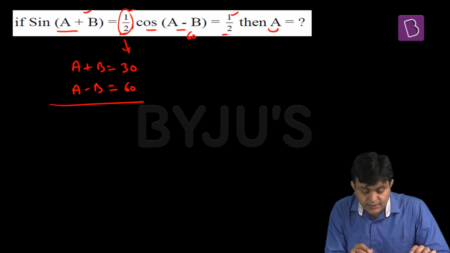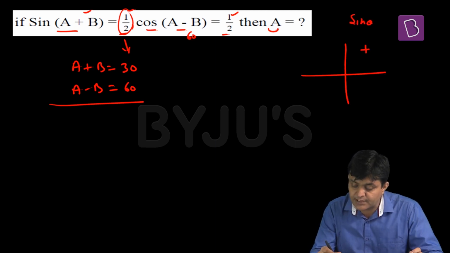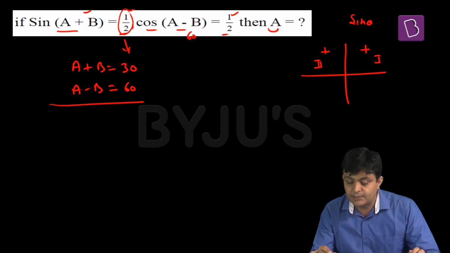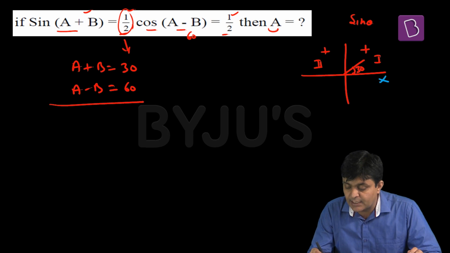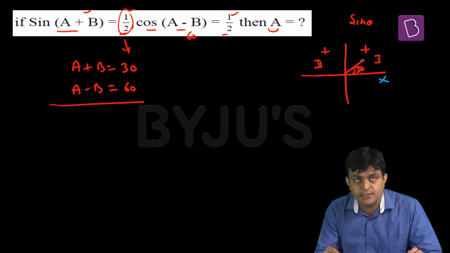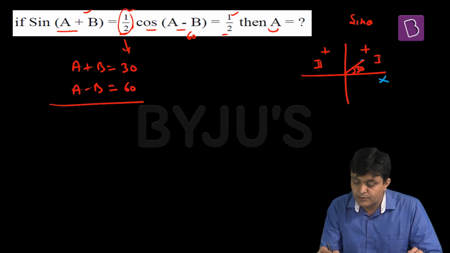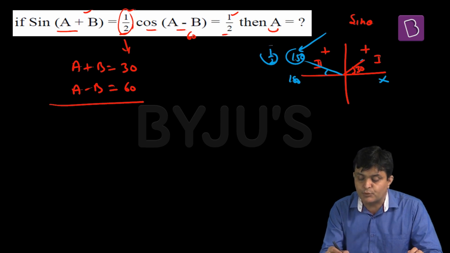So इस confusion से बचने के लिए देखिए क्या करते हैं. We know that sin is positive in first and second quadrant. This is first quadrant, this is second quadrant, right? In both quadrants sin is positive. Let it be 30. From the x axis horizontal line, 30 degrees up, it is sin 30 and sin 30 is 1 by 2, and it is positive in second quadrant also. So from the horizontal axis, x axis, 30 degrees above. This is 180, 30 degrees above means 150. Sin 150 भी 1/2 ही होगा पॉजिटिव, राइट.